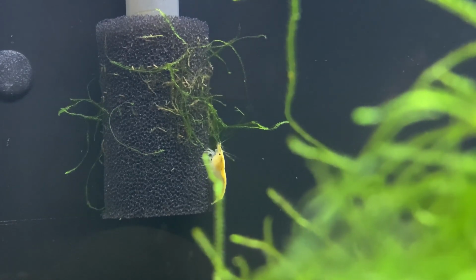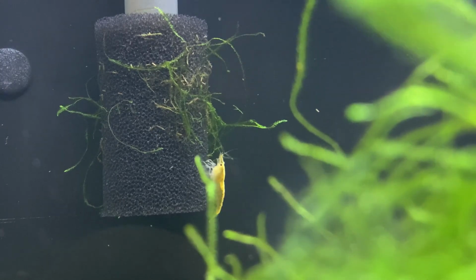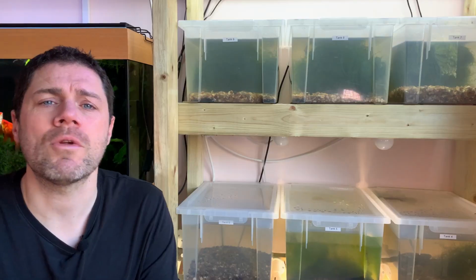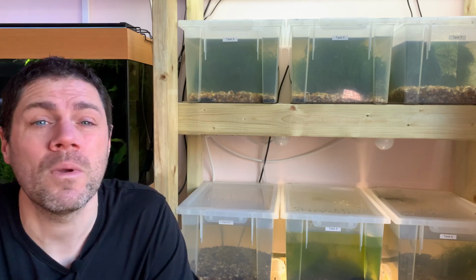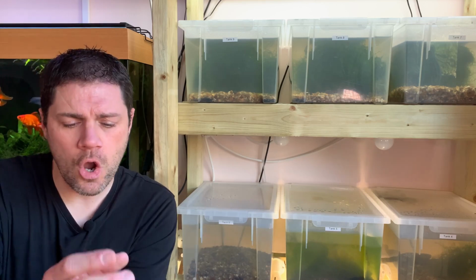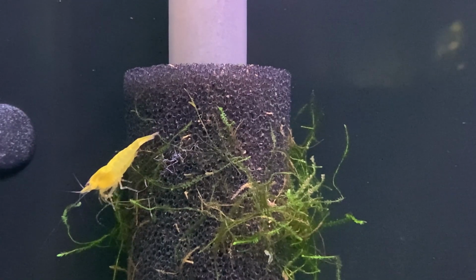And whilst those intakes have a strainer over them, that strainer will prevent fish getting sucked in. It does nothing to protect the shrimp. Now, if a shrimp, or a baby shrimp particularly, gets sucked into a canister filter or a hang-on back filter, they will typically perish before we realise and have a chance to rescue them. By adding an intake sponge over that filter intake, it cuts down to almost zero the chances of shrimp being